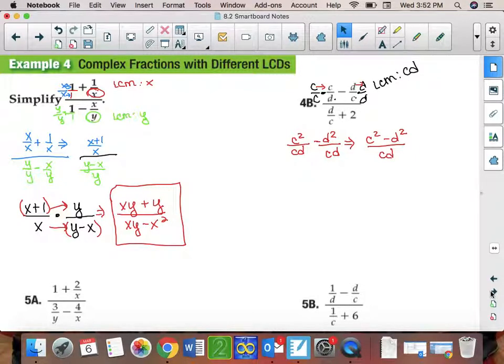Okay? If you look at this other fraction, this is like 2 over 1. So the LCM of this is just this factor c. I don't have to do anything to the left side. I'm just going to multiply the top by c over c. Okay. So that becomes,